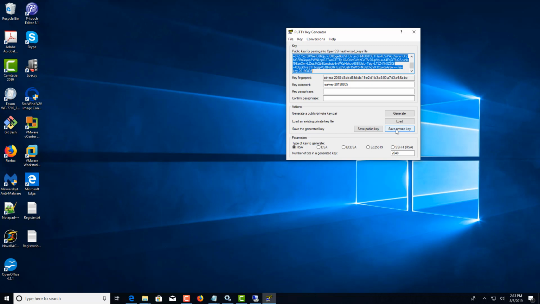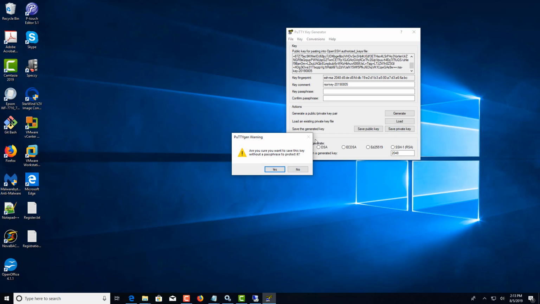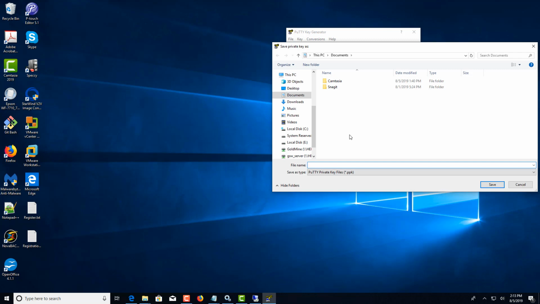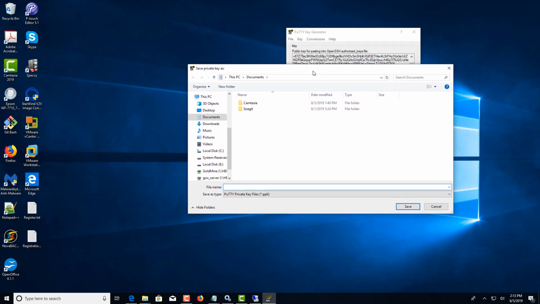So now that you've set up the server side, you'll want to click, well, yes, we want to save it. If you save it with a password, that means that on the client, you're going to have to provide the key password. And you can do that. You might make it something easy for a handheld unit to use. But for the purpose of this, we're just going to save the private key as